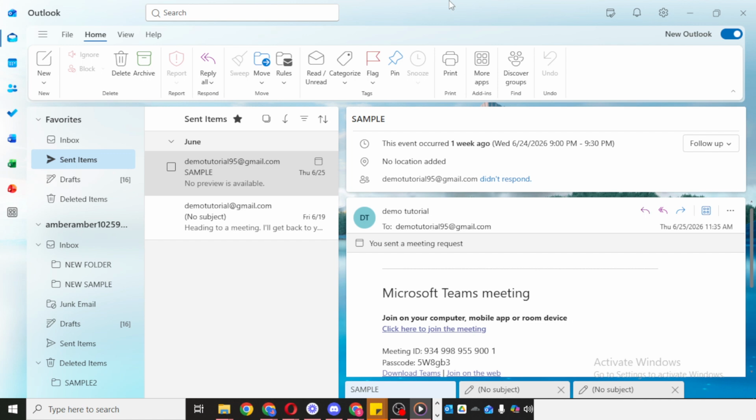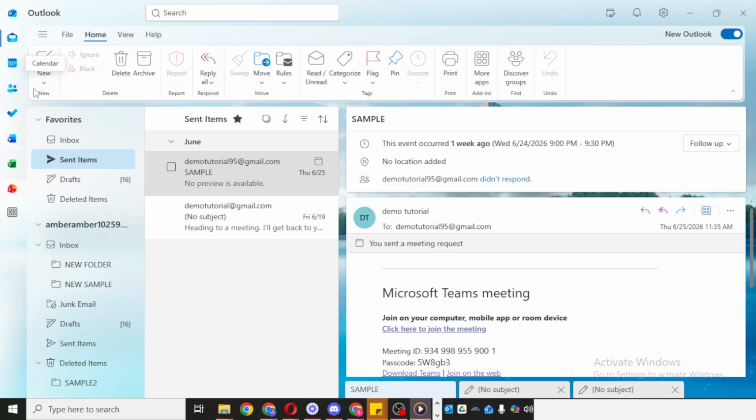To get started, open Outlook. Once Outlook is on your screen, make sure you are in the Mail section, because that's where you'll be working with your messages. From here, go to the specific email that you want to label. Take a moment to choose the message carefully, since the category you apply will be attached to that email.